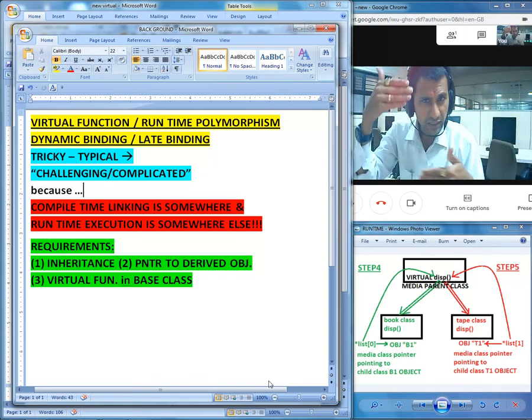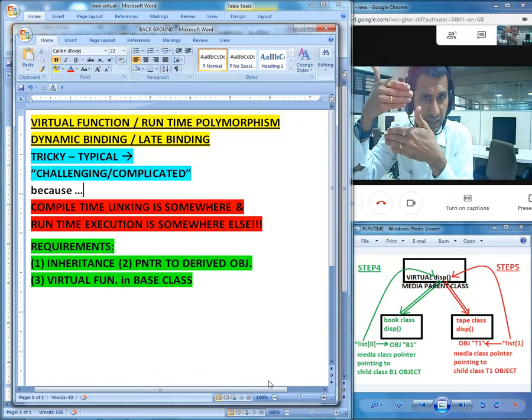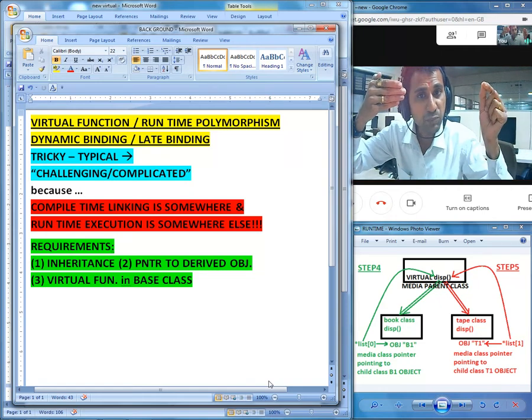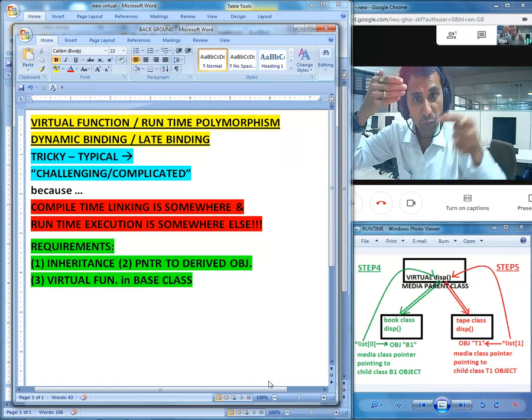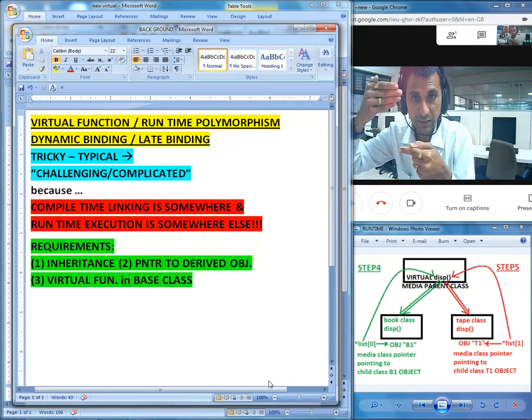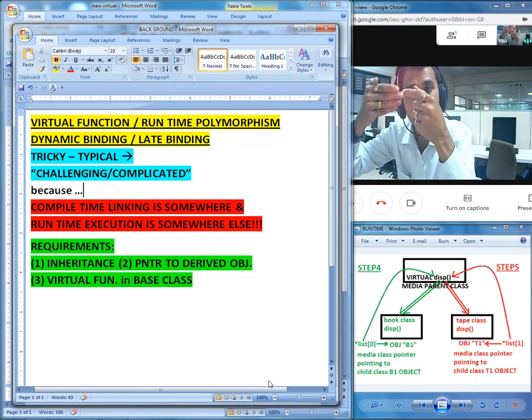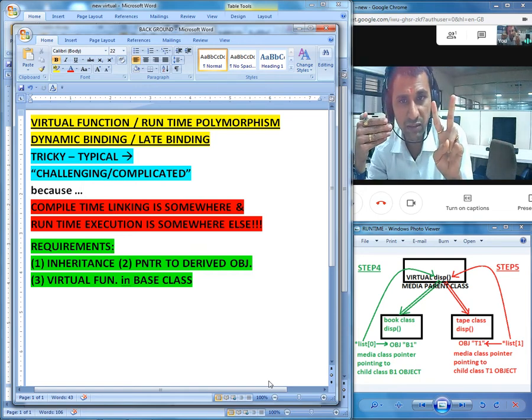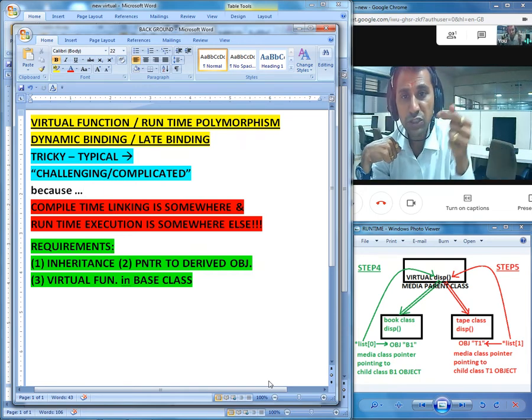I guess you remember the concept of base class and child class, right? Base class, derived class, that means child class. What I'm telling is a base class pointer must be pointing at the child class object. By default, by the nature, by the law, it is going to execute everything from the same class. But if virtual is implemented, the sequence of methods will be diverted. So that is the second requirement, base class pointer pointing to the child class object.